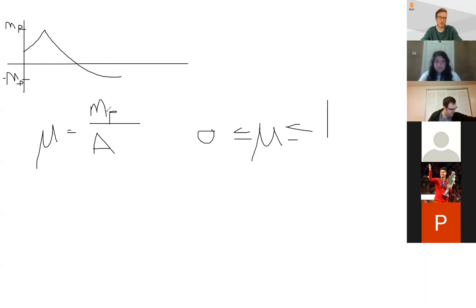I guess you can think of this relationship: if mu is closer to 0, that means A has become a very large number compared to MP. And that means we've shifted this up very high. So like if we shifted all the way up to here, the higher we shift this,